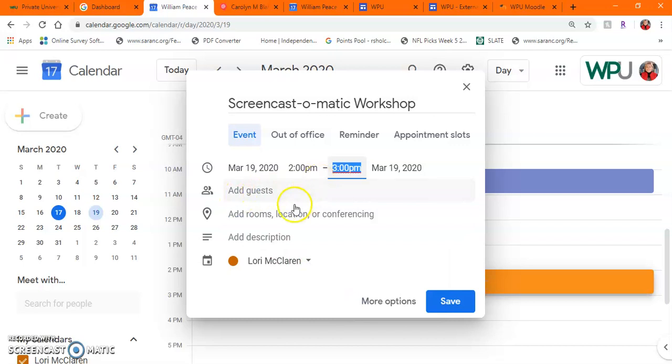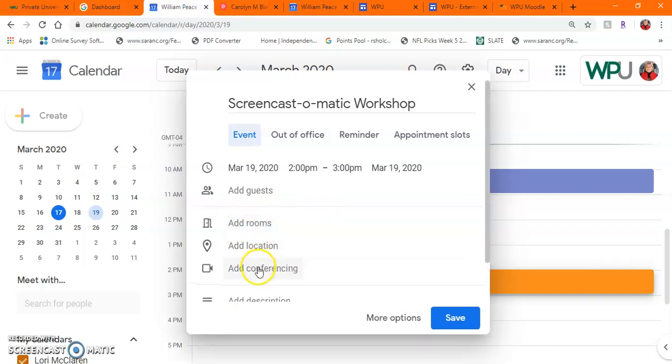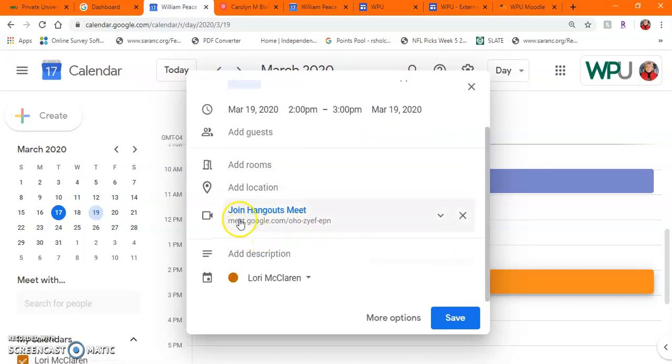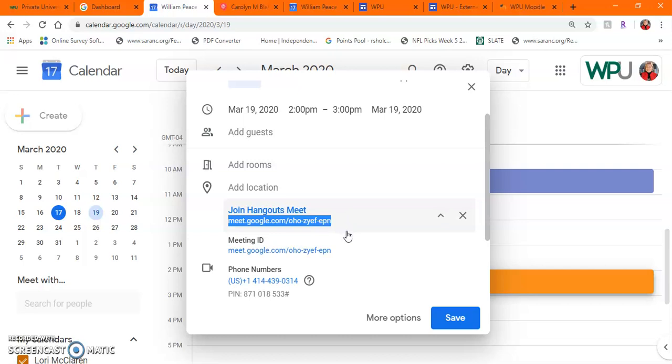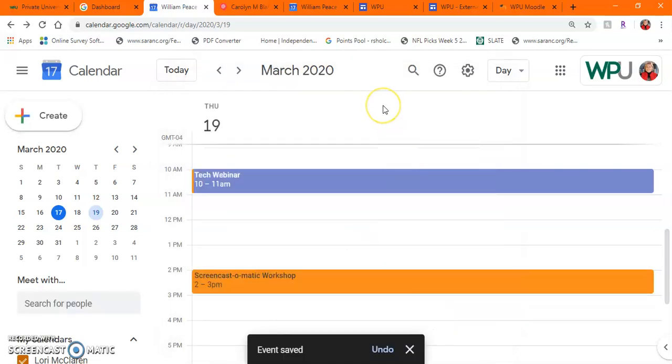I can add guests if I want, but I'm going to do it as a Google Hangout. So I'm going to click on Add Room, Location, or Conferencing, and I'm going to tell it I want to do Add Conferencing. And by doing it this way, it's already added and created a Google Hangout meeting space for me. So I can just now copy this URL and send it to anyone who would be interested in joining that workshop. And so I'm just going to copy that, hit save, and I could then go back to our academic continuity site and post the information, as well as send it out